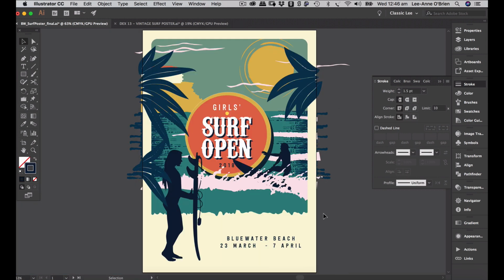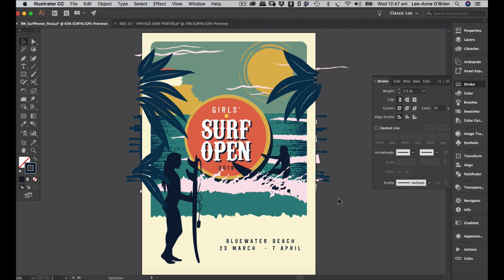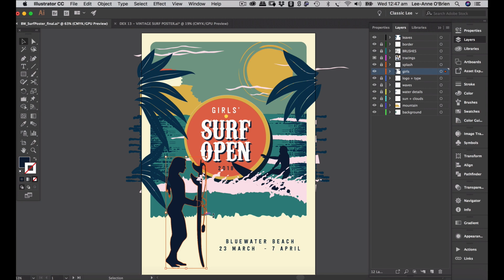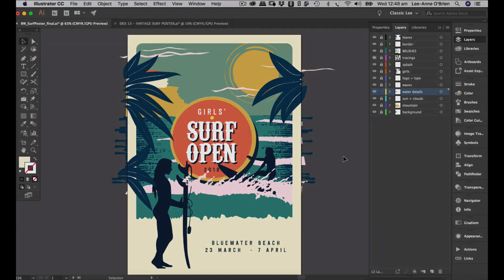But because we're going to be taking it into Photoshop, we don't really need to do that right now, but that's just something good to know. So then you can clean up your image if you like. I'm just going to move my girl across a little bit. So we have our Illustrator artwork, and then we're going to add some texture and some noise and saturation in Photoshop. So we'll just save that